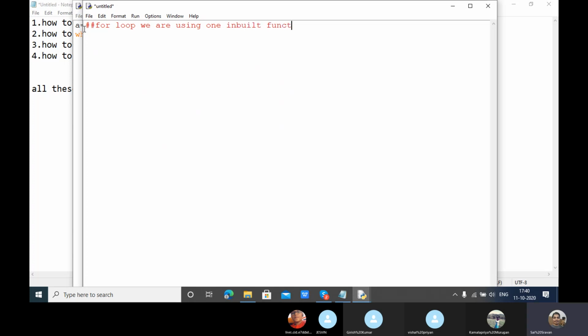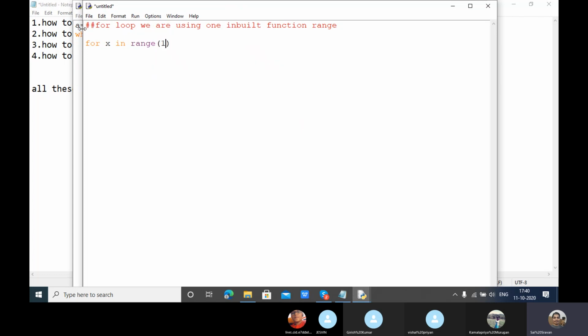We are using a function called range. For x, where x is a variable, in range, I will show how to use this.